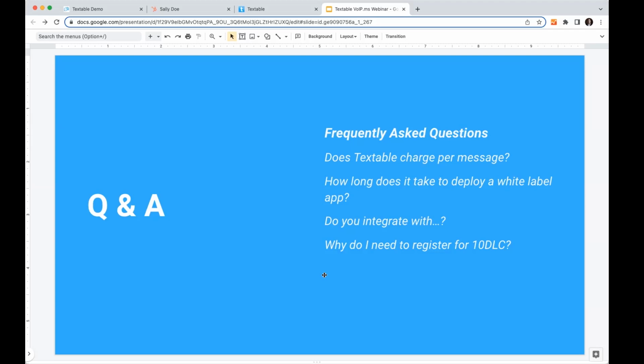We do have some proof of concept widgets that a couple of our partners are testing, where you can take pieces of Textable and put them inside your application, mainly like a conversation UI, without having to write too much code. We'll probably announce more in the new year. You'll start seeing more developer-friendly tools where you can use our no code stuff, but if you want to dig in and customize, you'll be able to. So great.